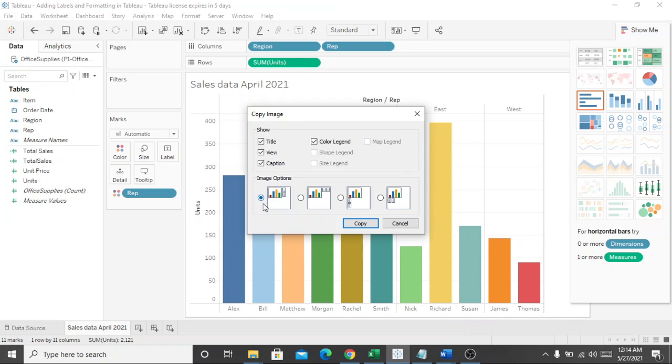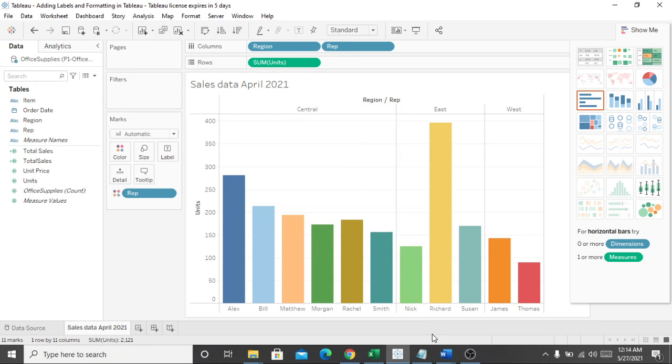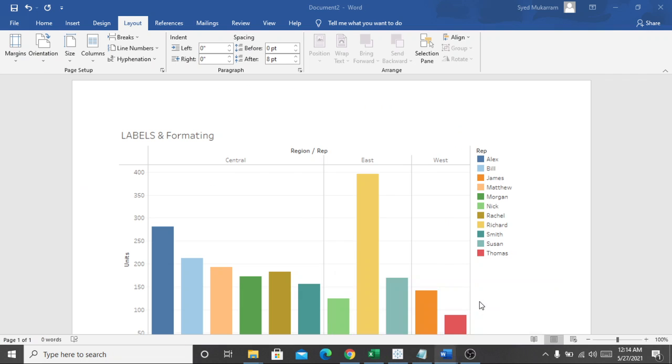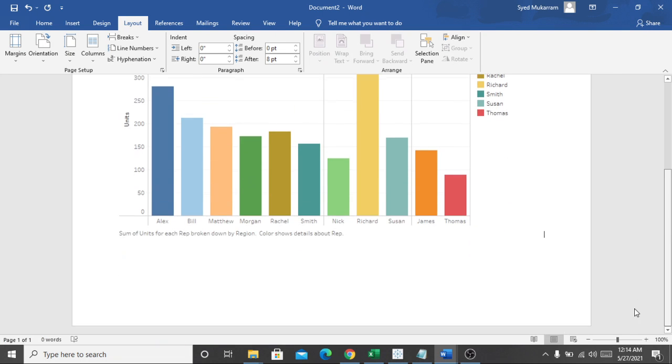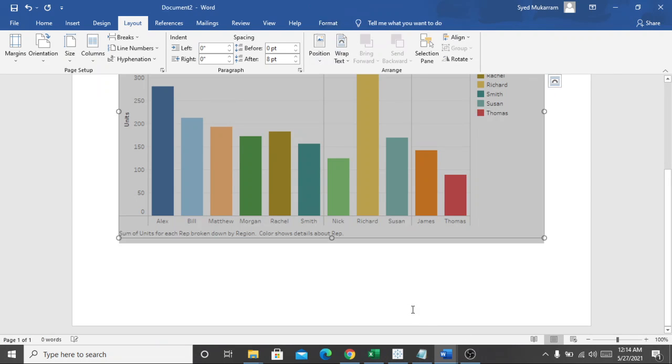In the image options, the color legend can be placed sidewise, down, at the top, or left. Let's see, we can click over here, and this is top-wise, this is side by side, this is the down one, vertical, and this is horizontal. Let's take horizontal and copy this image, and then we can do the same. This is the previous data, or else we can do